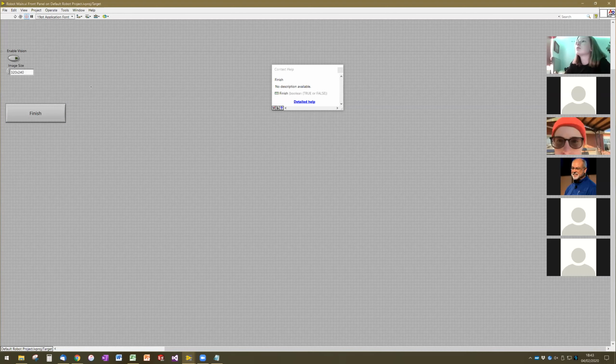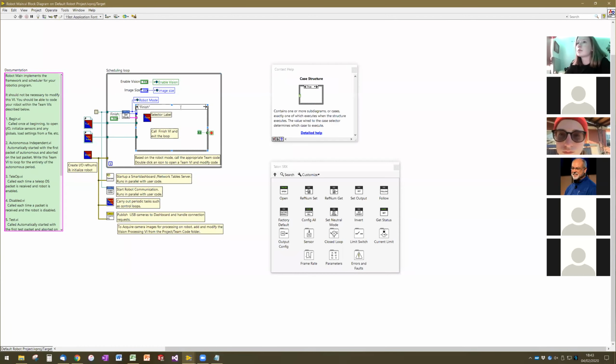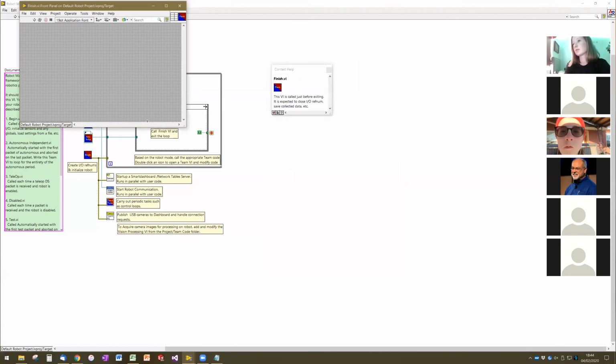Whereas if you click the finish button, the code can do some cleanup work and make sure that all the devices are disconnected from the RoboRio before the code stops. And this prevents issues with, the next time that you try to deploy code to the robot, are we going to have communication problems with the different devices? And so if we go into finish,